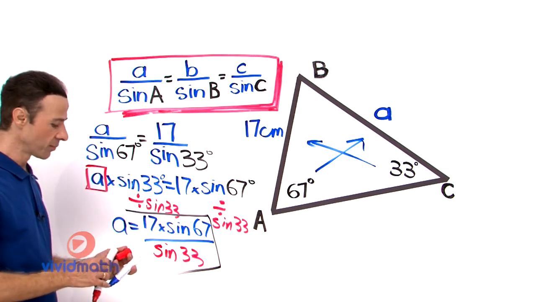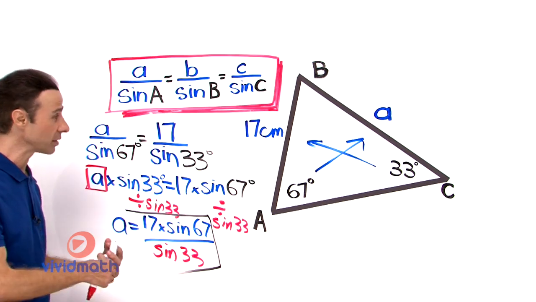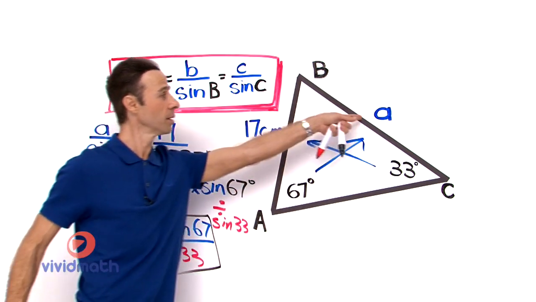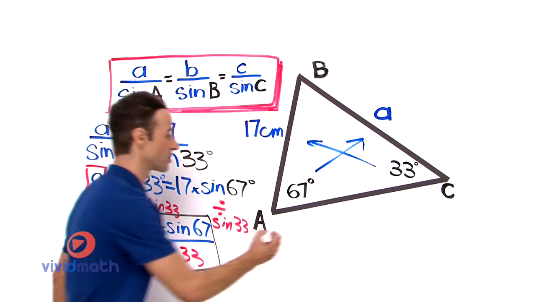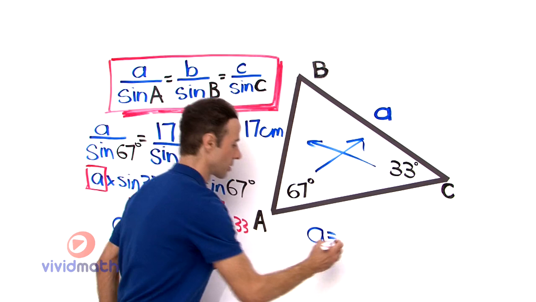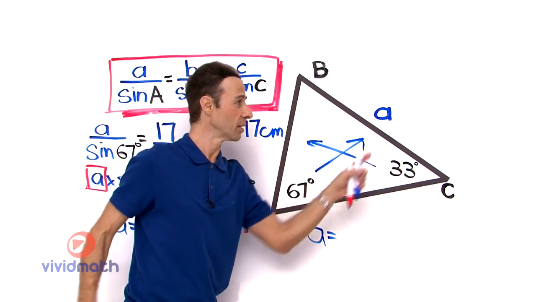So the answer that we're looking for is little a, the pronumeral. Let me point that out. Little a, the pronumeral, is right up here, right there. So that length there in centimeters is all from B to C. Little a is